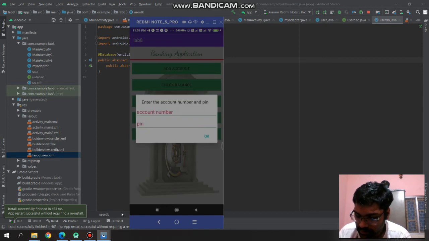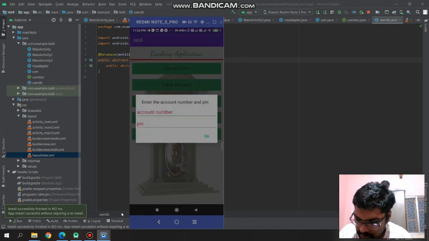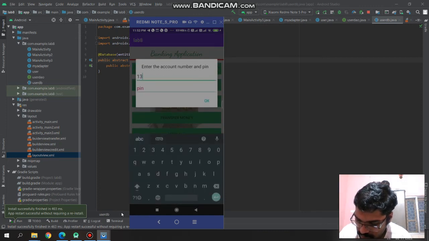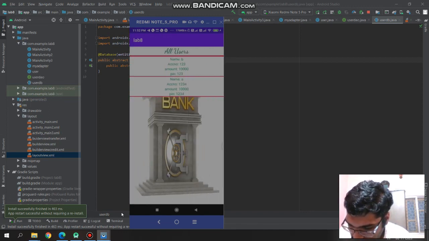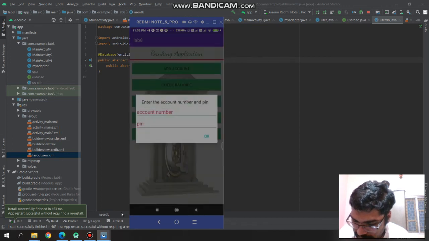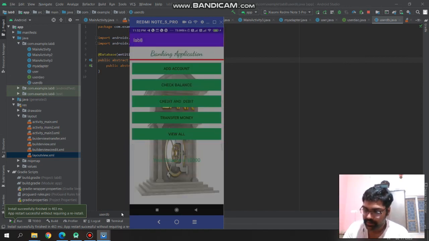So if we want to check any account, check balance, so we'll pass the number, and then we have to pass account number and PIN. By mistake I named PIN there. So for balance, we are getting it as balance 10,000.